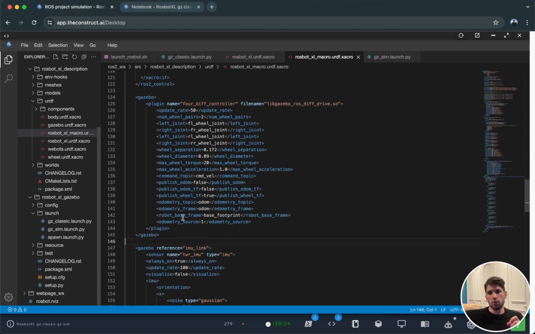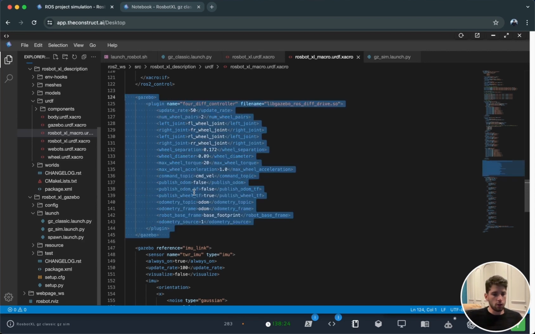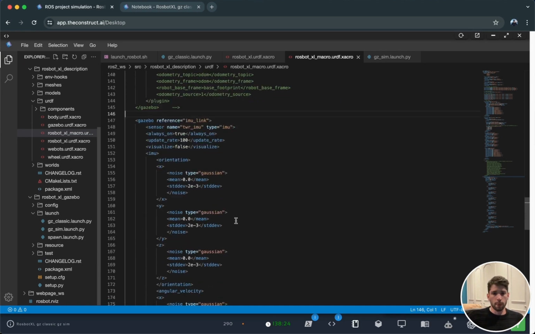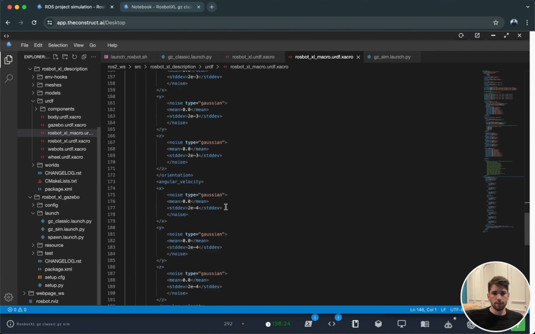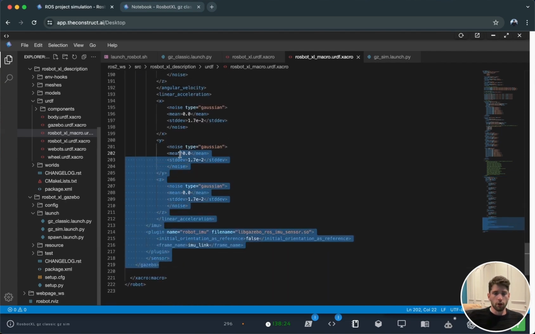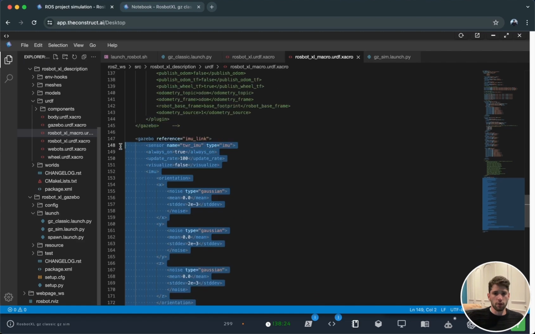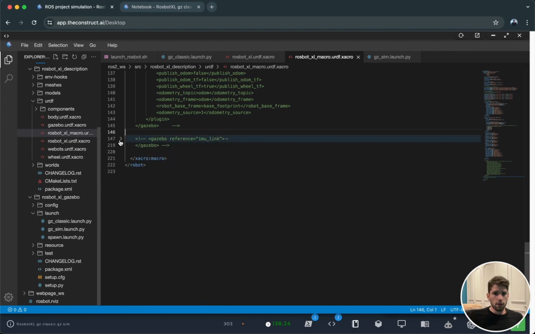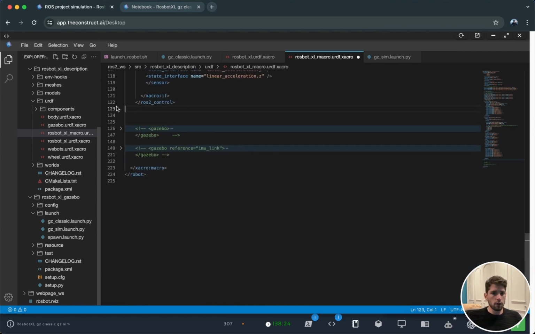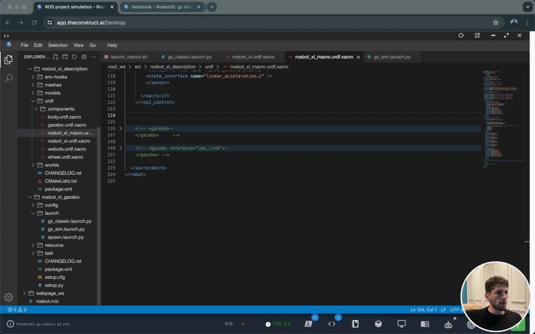Now in Gazebo Sim, this one cannot be used, so we're gonna remove it or comment it for now, and the IMU link is also not gonna be used. So we're gonna comment all this, and instead we're gonna simply call